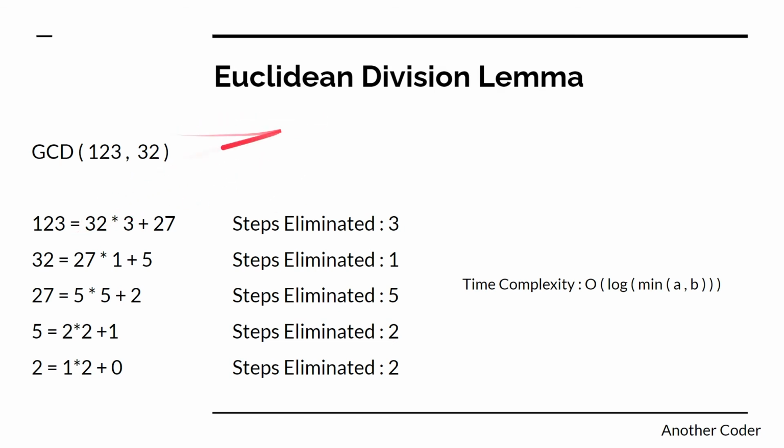But with the help of this particular lemma, we can clearly see that we can avoid these three steps in which we are subtracting 32 altogether. Right? We can avoid these three steps. How? First we have the number 123, and then when we divide it by 32, we get the remainder 27. So what we do? We make 32 the first number and 27 the second number. 27, which was the remainder after dividing 123 by 32. So we can take 32 as the first number A and the remainder 27 as the second number B. And again we can continue this step to make 27 the first number and 5 the second number. The remainder is now the second number.